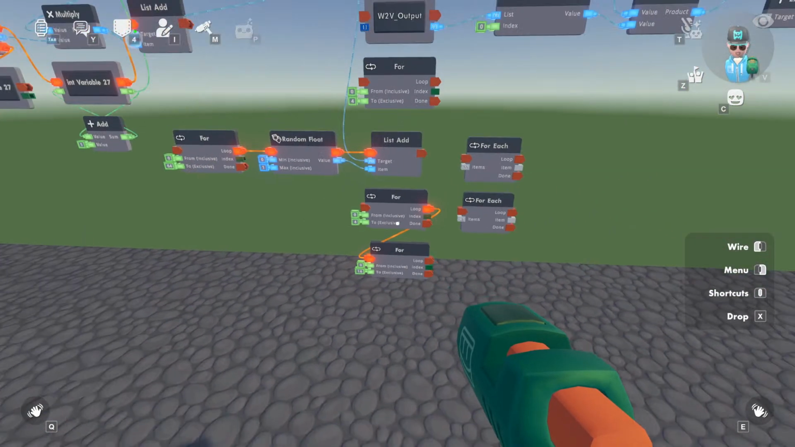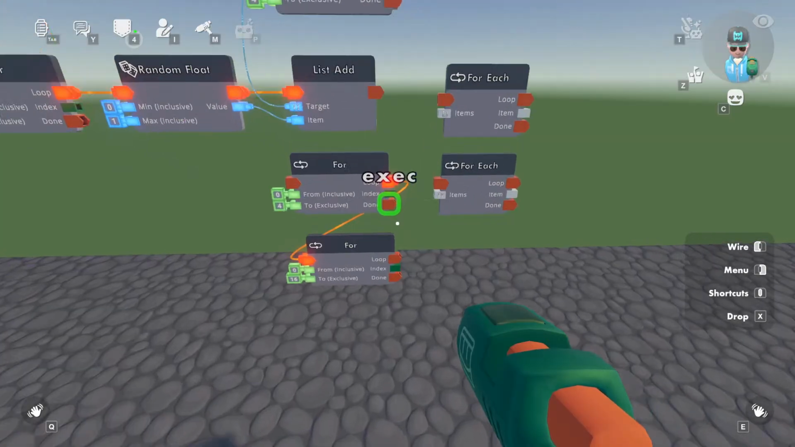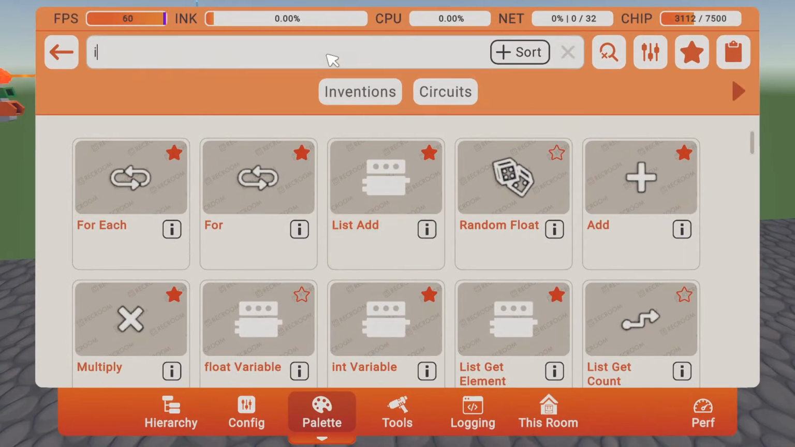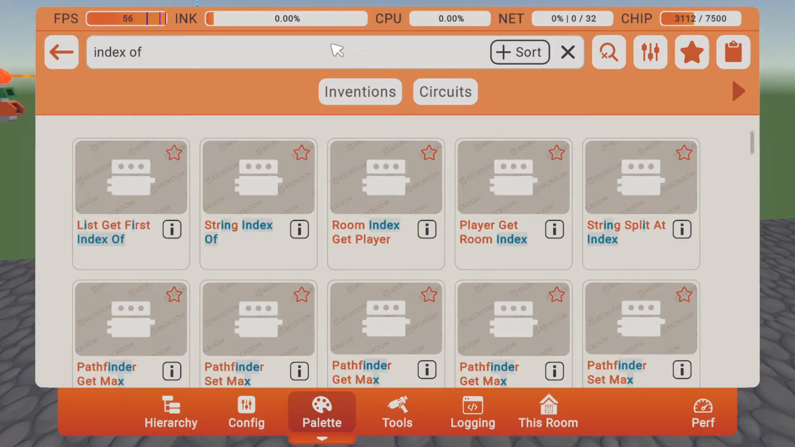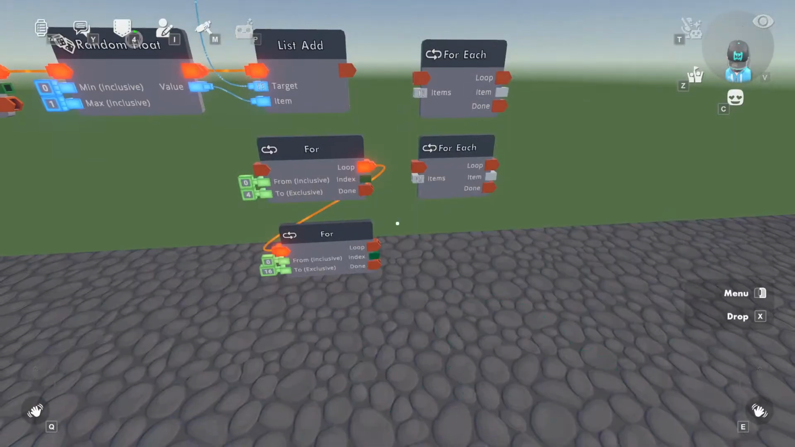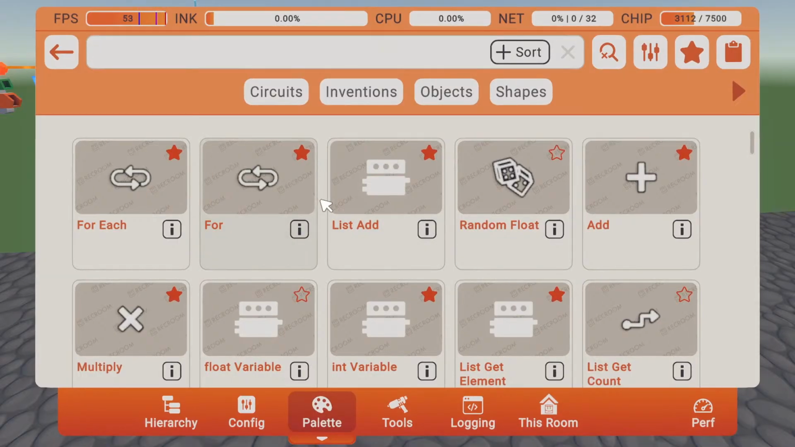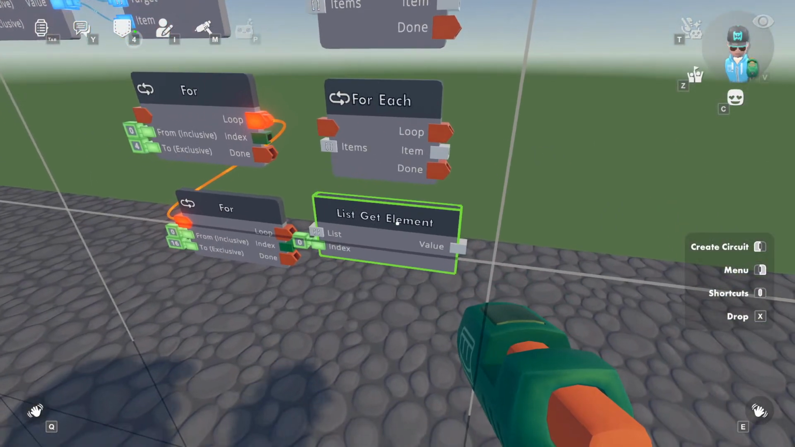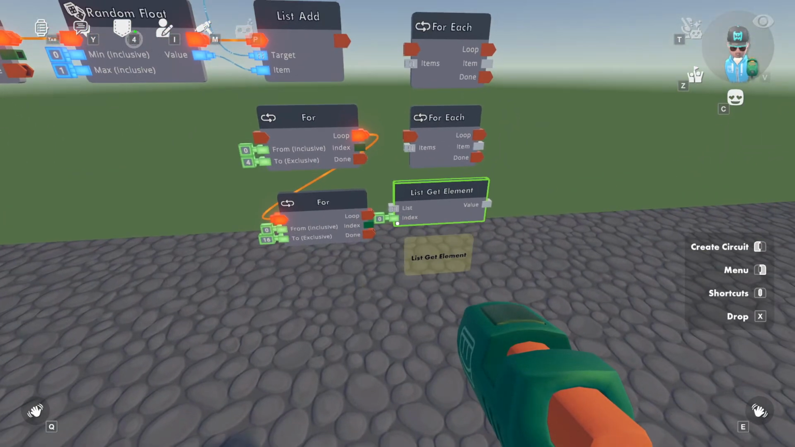0 to 4, 0 to 16. And then index of, list get element. And we can do,